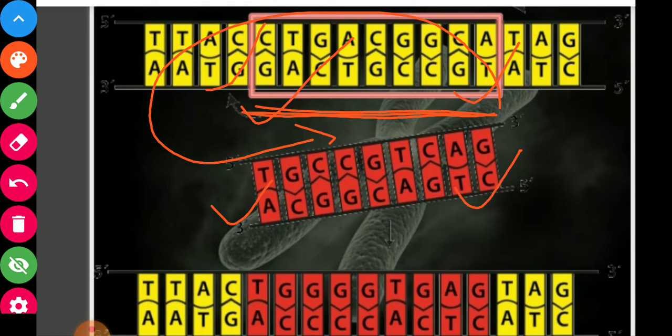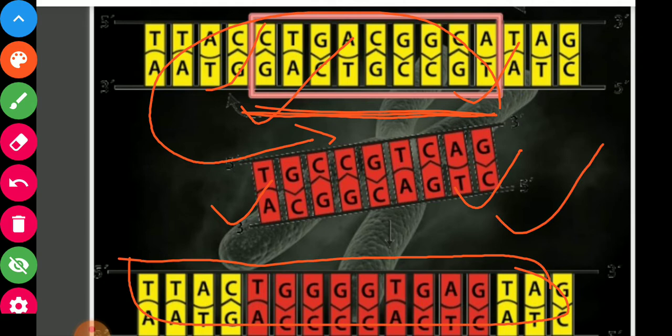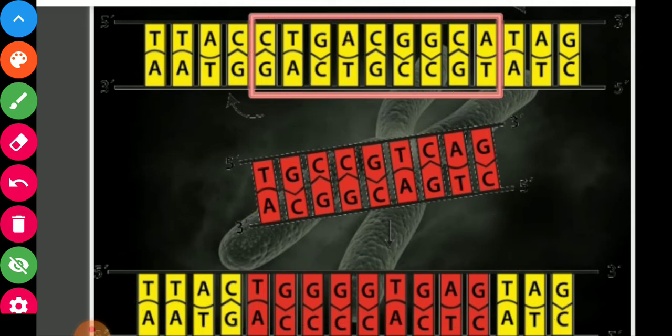So this is an inversion, and in this way the sequence of nucleotide changes, and this changes the information of gene DNA. And when the information changes, this is called mutation. So here this is inversion of the sequence of nucleotides in the DNA.